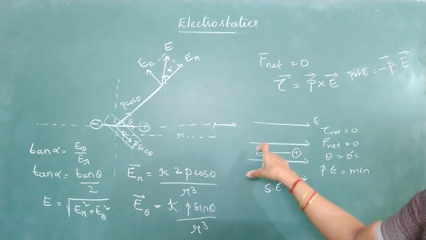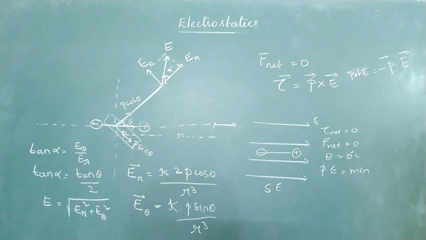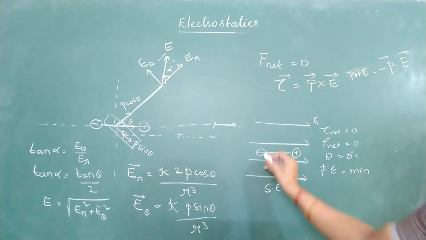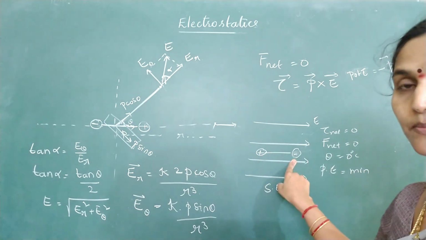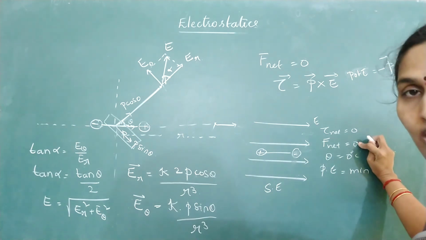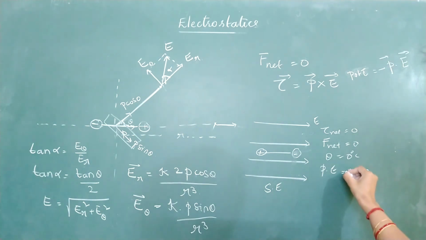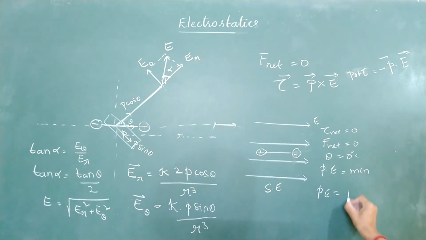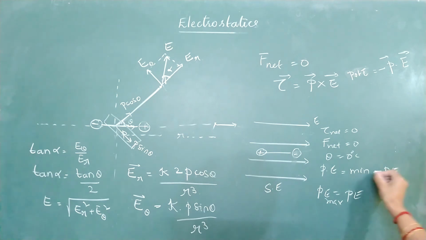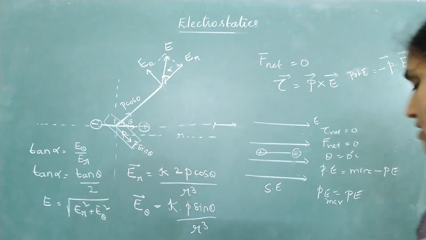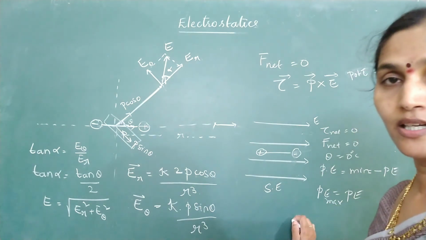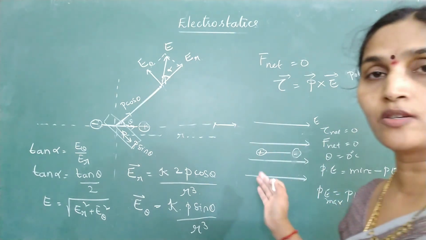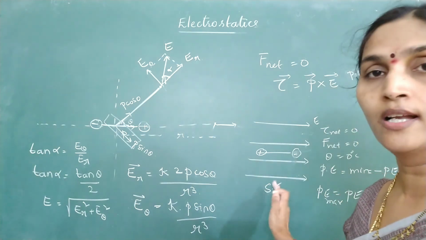Whereas if you reverse it, for theta equal to 180 degrees, it is said to be in which position? Unstable equilibrium. This is an example for unstable equilibrium. Force is 0, net torque is 0, theta is 180, but potential energy will be maximum, which is plus PE. Minus PE is the minimum potential energy. If potential energy is minimum, it is said to be stable. If potential energy is maximum, it is in unstable equilibrium. And any other position, hope you remember, is called an unstable position.